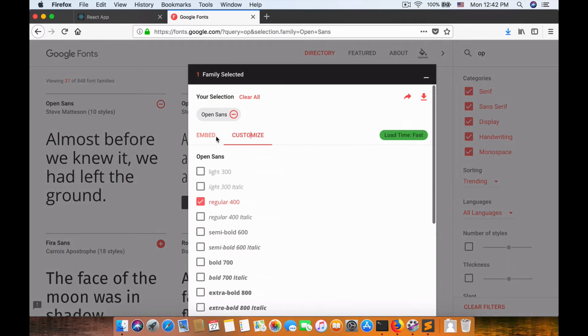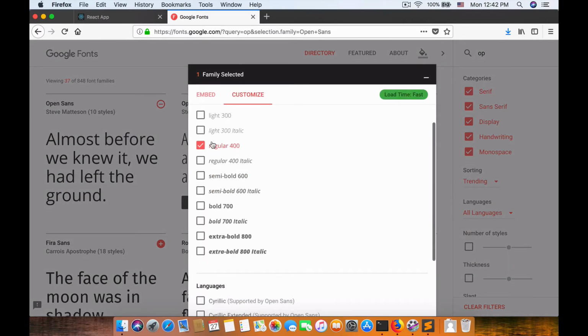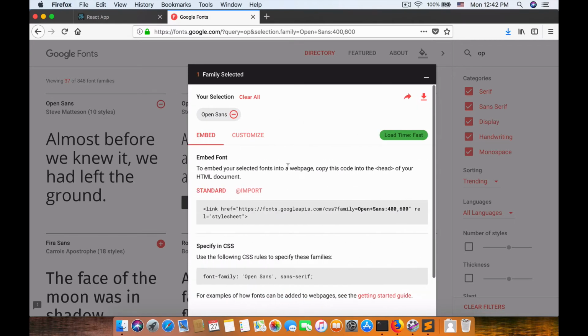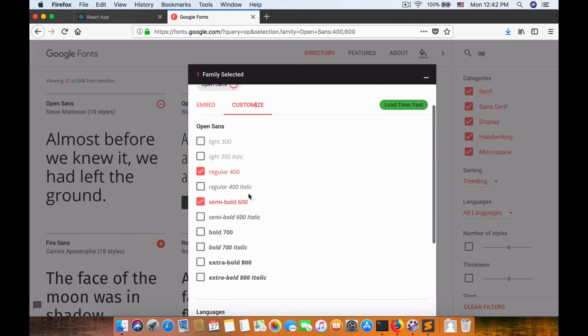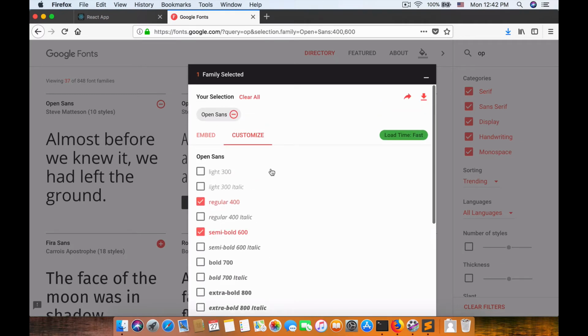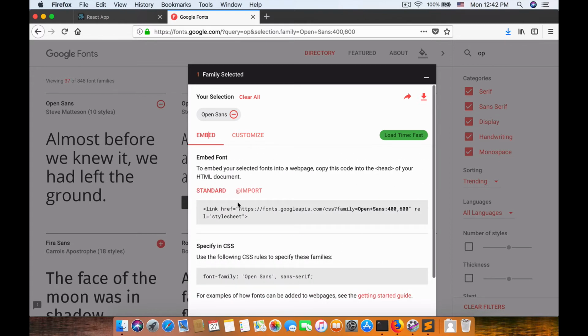So let's customize it. We have it only regular and semi-bold. You can use as many as you like, but I recommend only what you need, because if we embed too many font sizes, your application will be heavy. So let's copy that